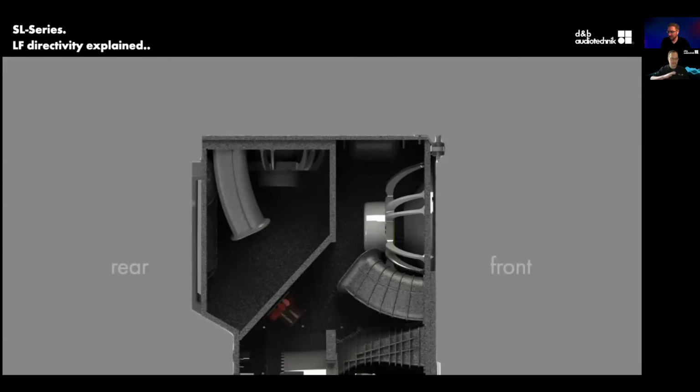So let's cut off the top of the SL series here and take a look inside. We can identify the rear and the front here, and we can see a front-loaded driver as well as a side-loaded driver here. Taking some of these principles, part of the evolution was how can we take that thought and improve on it to make it something that we could use as technology was updated along the line.